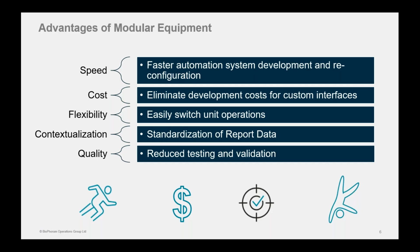So what are the advantages that you get by moving to these types of configuration and practices? Well, your deployment and reconfiguration speed becomes quicker. It becomes cheaper to do things. You become more flexible because things are modular and multiple vendors' units can be used in the same recipes or on the same lines. Your information becomes standardized and more valid, more robust,